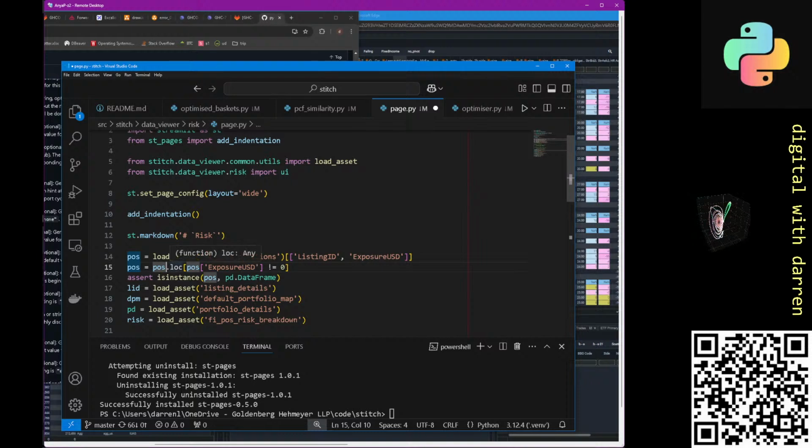This is a data frame. This is the data frame method, the loc function, which basically filters. This thing here is filtering for where position exposure in US dollars is not equal to 0. And this should be type hinted. The reason why it's come up as white and not as yellow is because Python doesn't know that this is a data frame,